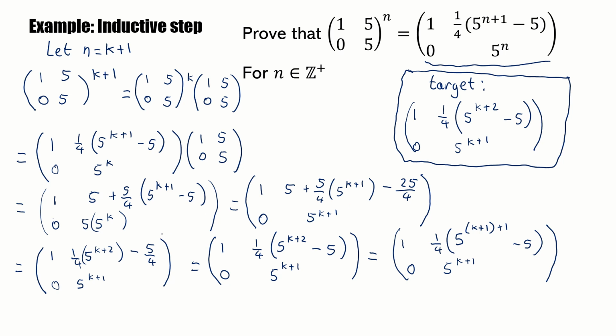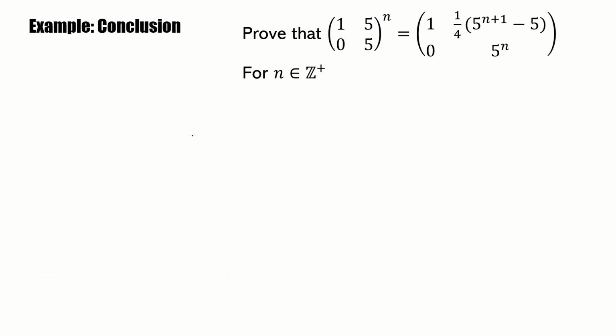Okay then, that is the inductive step done. Now on to the conclusion, because the crucial thing is we have actually done enough to now prove the statement is true for all positive integers, because we're going back to that dominoes analogy. The inductive step by itself is useless, but combined with the basis case, it's now suddenly very important because we know it